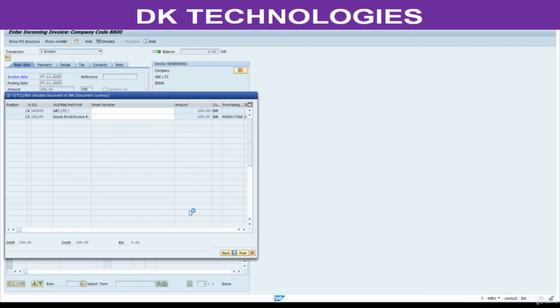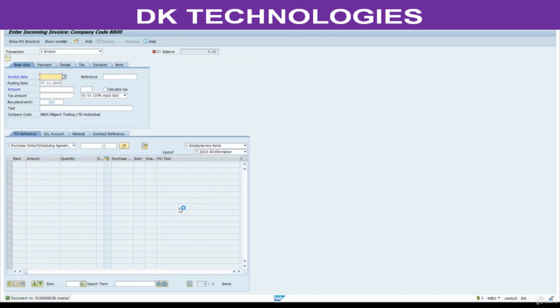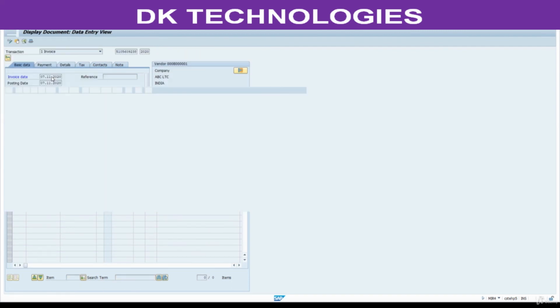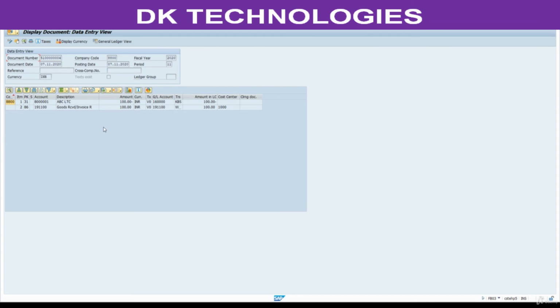Post this. See document posted. Display document. Follow on documents. This is the document posted here.